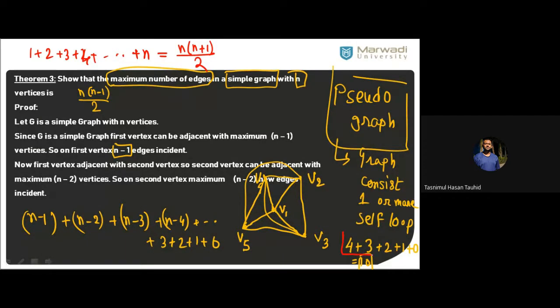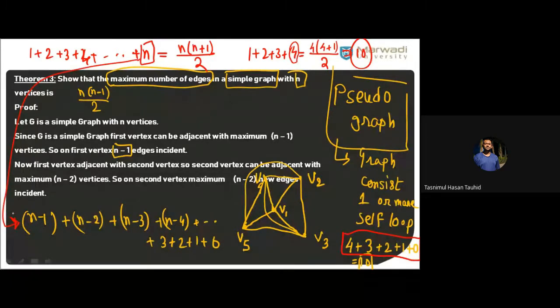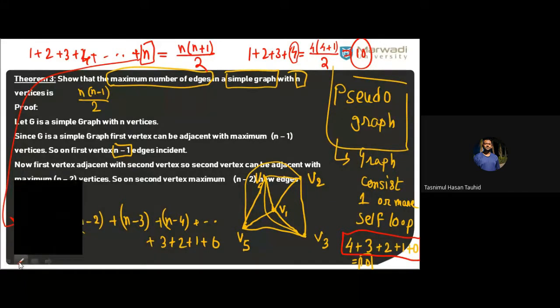Okay, let's go for this formula. If I have 1 plus 2 plus 3 plus 4, can I use it over here? 4 is the last number. So 4 times 4 plus 1 by 2, is it equal to 10? Got the answer? Right? Now, instead of n, we have n minus 1. In our case, n minus 1 is the last number. So what would be the answer? Tell me.